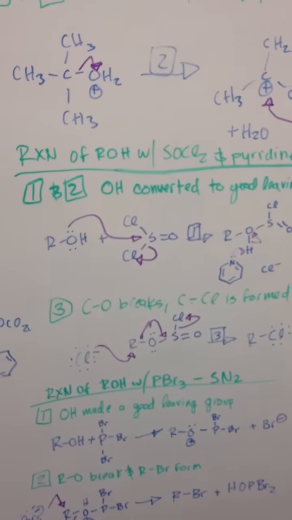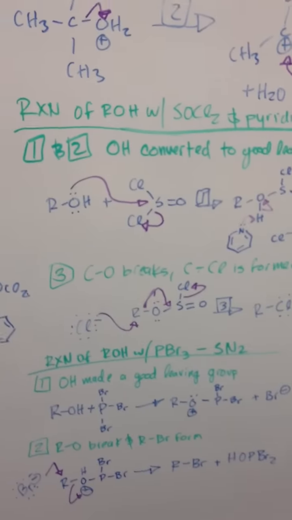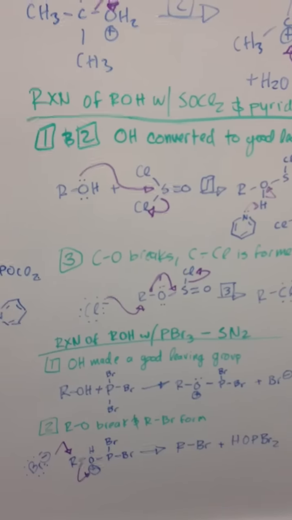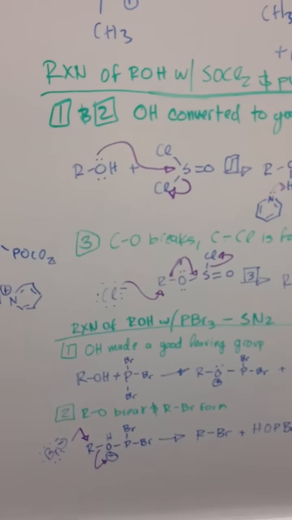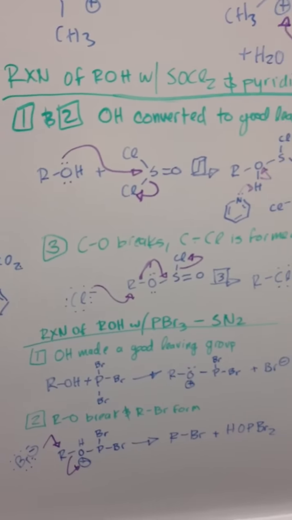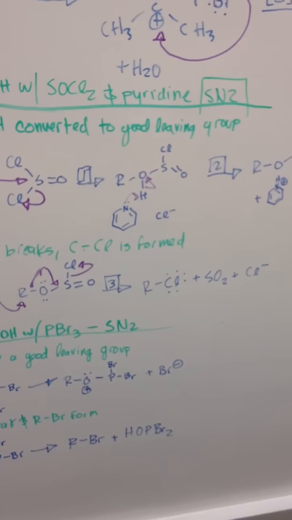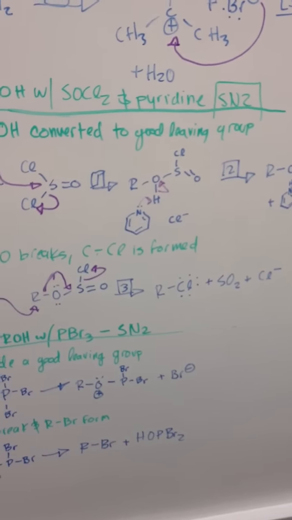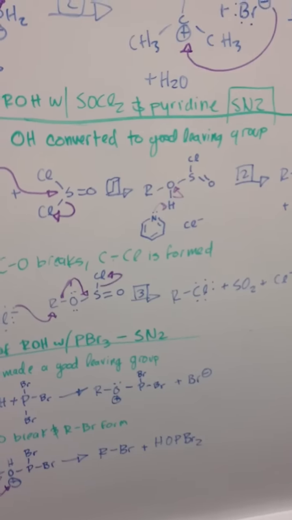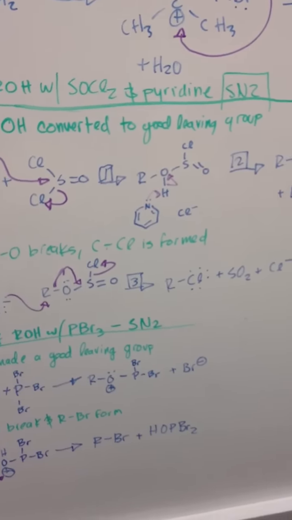This is an SN2 reaction. So first and second step, you're going to have the hydroxyl group on the alcohol convert into a good leaving group. You're going to do that by making the OH attack the sulfur on the SOCl2 and releasing one of the chloride ions. You're then left with an ROH sulfur SOCl complex. Pyridine is going to come in and steal the hydrogen from the alcohol, which is going to then donate